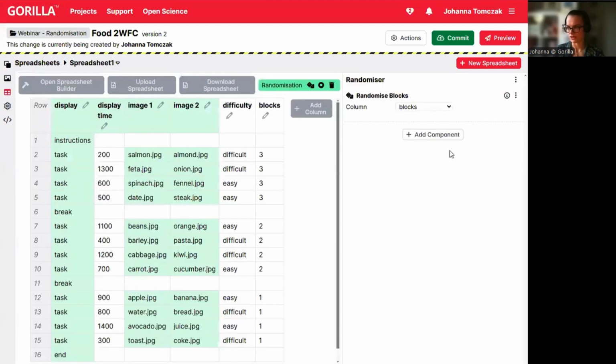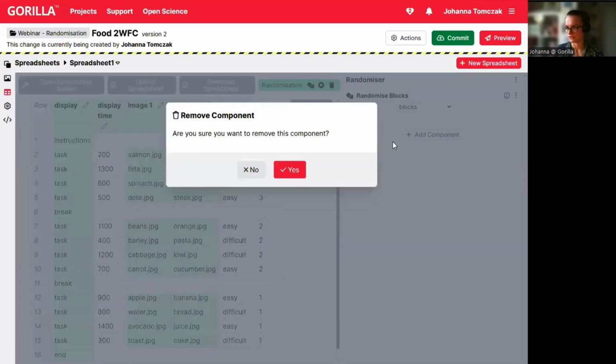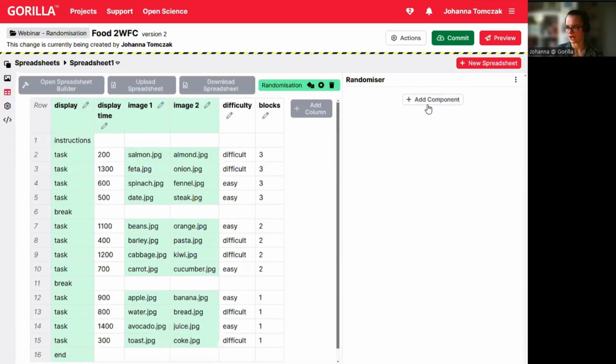In terms of the randomization components, it's actually important that you respect an order as well, because everything at the top of your randomization list gets randomized first, and everything after that will happen after the first randomization. So in terms of blocks and trials, we usually randomize the blocks first and the trials after that within the blocks. Sometimes you need another order, and in that case, you can just add those components in the order you would need them. For now, I'm going to delete this component as well,